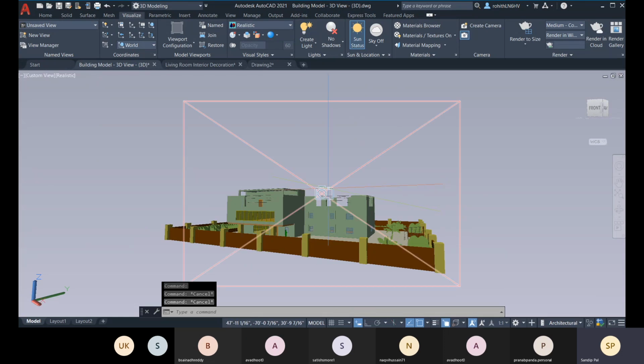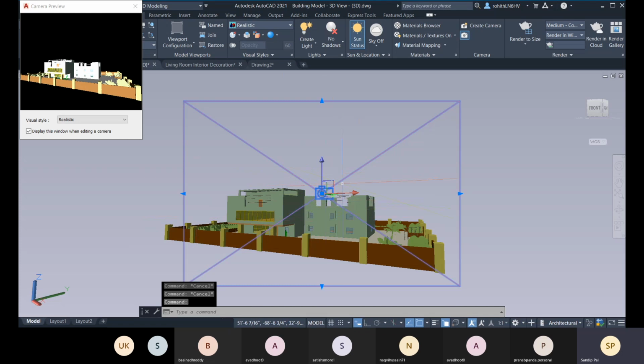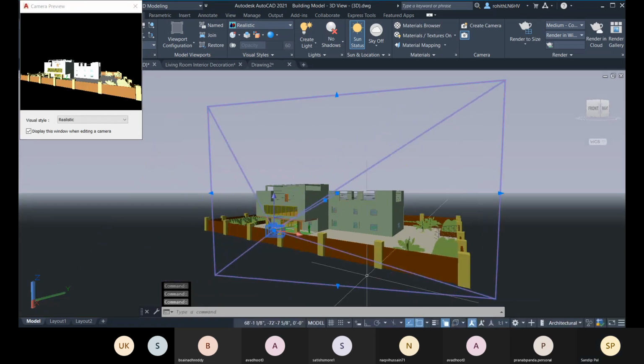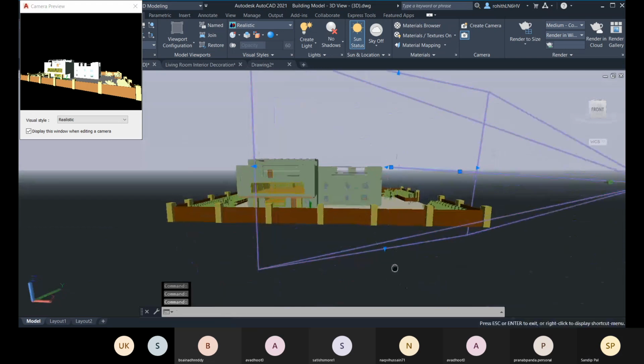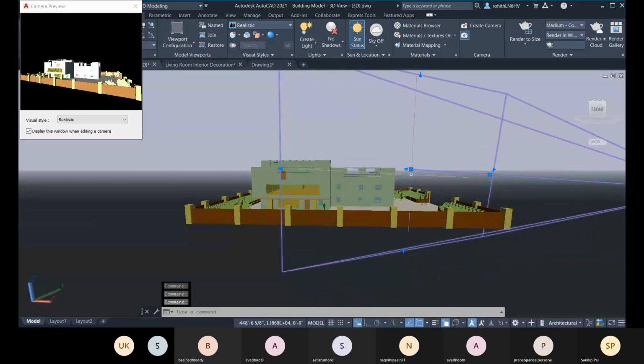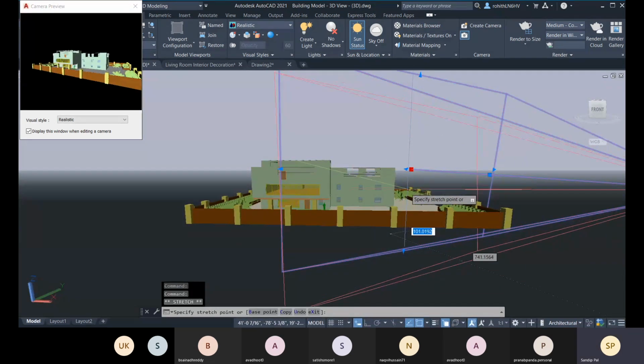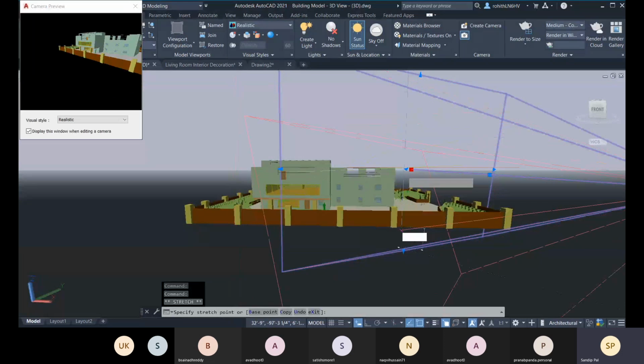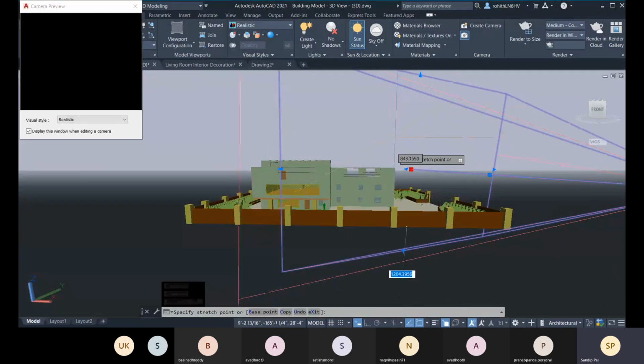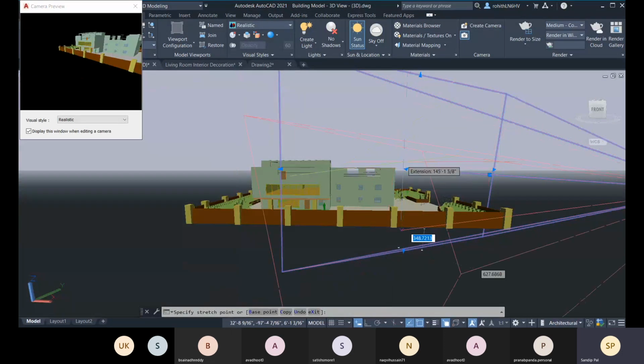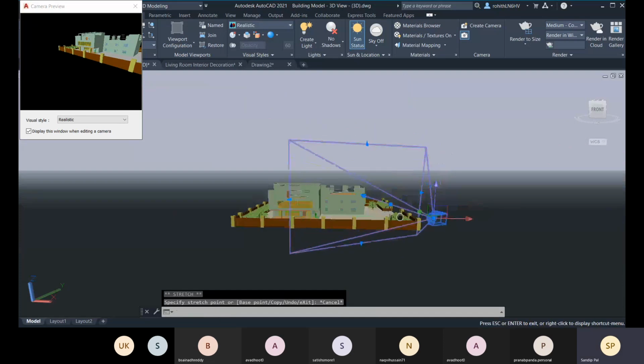When you escape from that camera view, you can see the camera there. So this is the camera. Here also, if you change the camera position, sorry, the target location, as per that you will have your view.